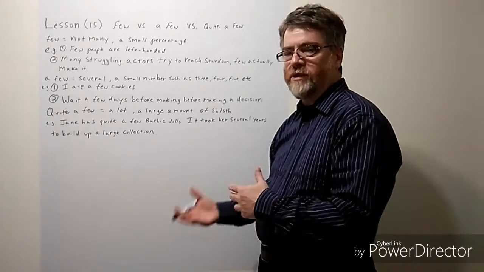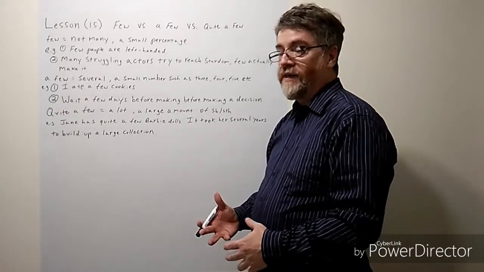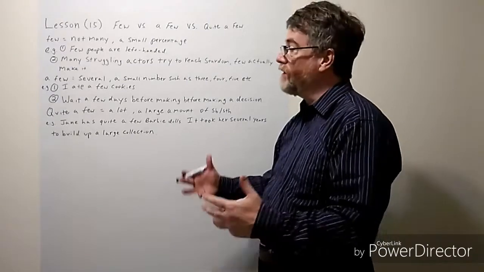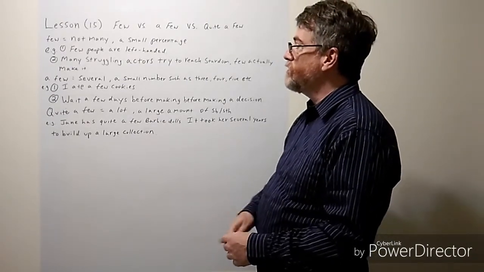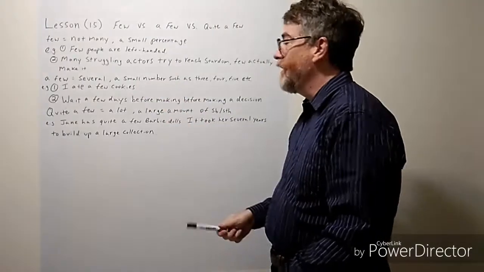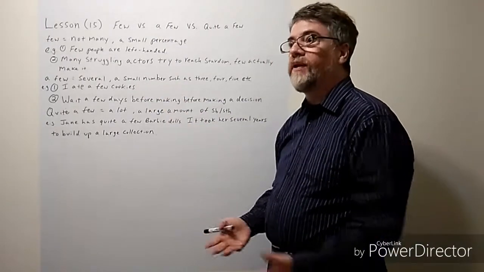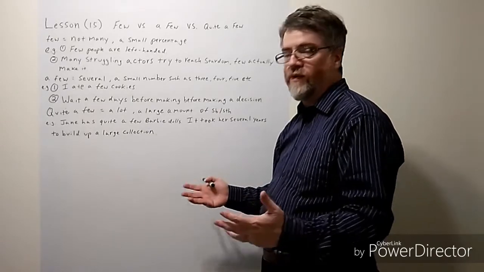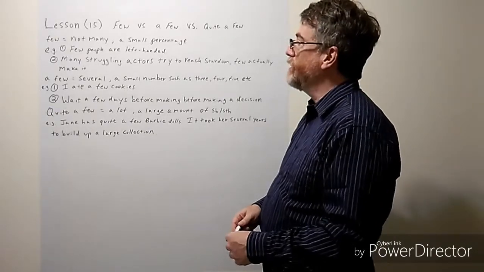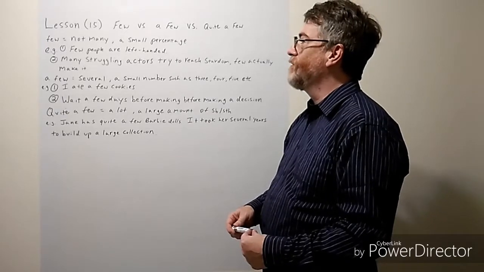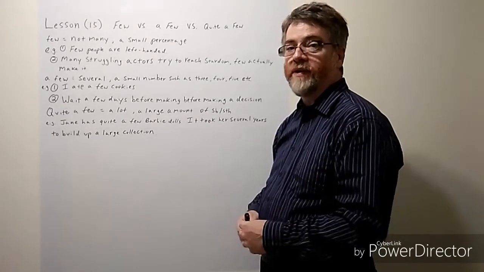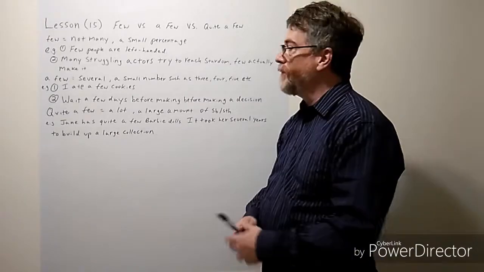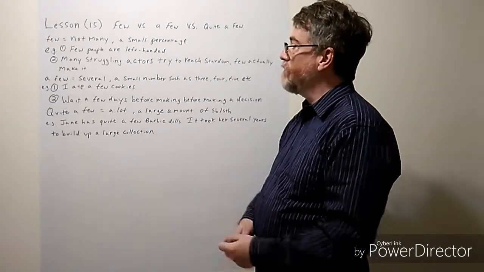But often when I try to explain this to students, they are actually surprised that when you say few, it could actually refer to quite a large number. So even though you say few people are left-handed, well, if you're thinking about all the people on the planet, what do we got, like 7.3 or 7.4 billion people, you're still talking about many millions of people being left-handed. So that's still a huge number. Or let me give you the second one.